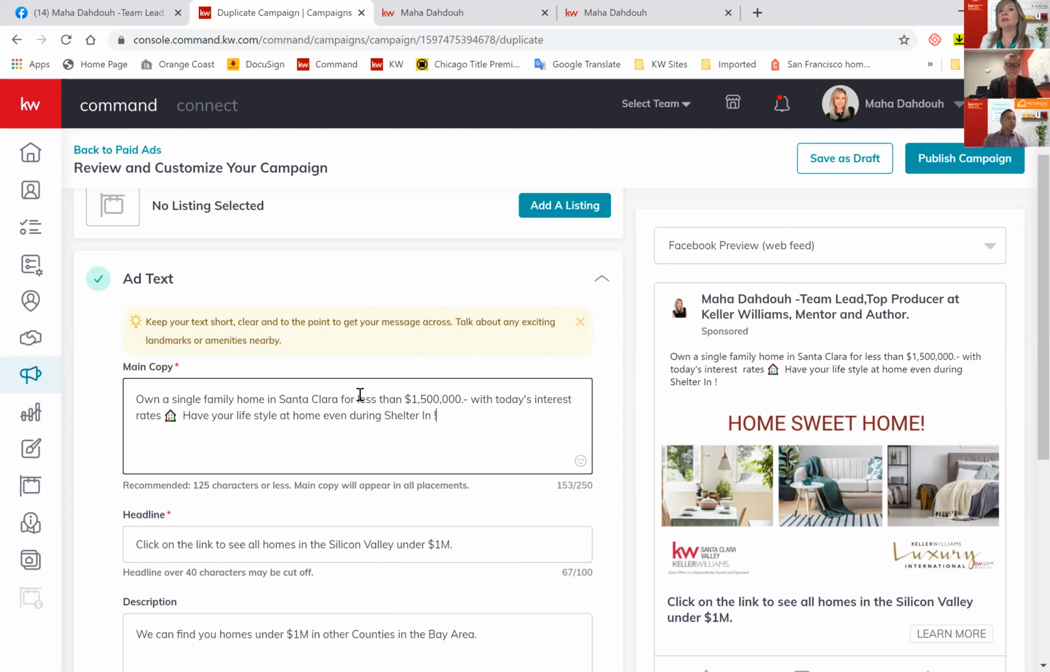Another idea, I want to target all the homeowners of townhouses and condos, because right now they're paying probably $400 or $500 for amenities that they cannot use. So you can put a catchy design as well, have your lifestyle at home even during shelter in, and you can catch sellers as well. There is also a choice to catch sellers. People will see that. Buy a house, replace your condo with a single home,